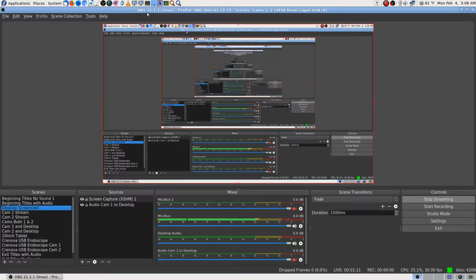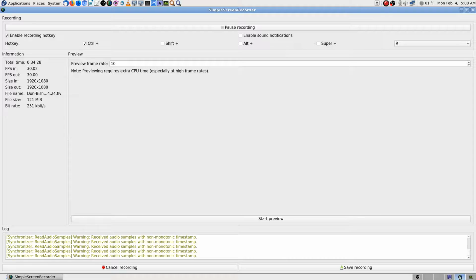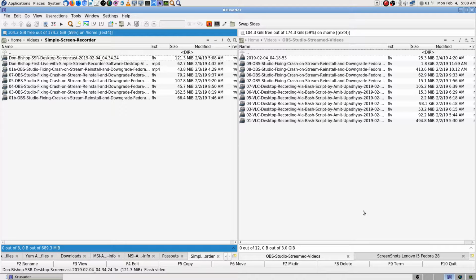It still hasn't switched on my preview. It does take a bit to catch up. Okay, it probably only looks that way to me, though. Let me see if I've got, yeah, I've got audio. Okay, and I'm also recording this with Simple Screen Recorder. I recorded the whole process of getting set up and going. Only problem I've had is it couldn't make my video, and I did something that I haven't done before,